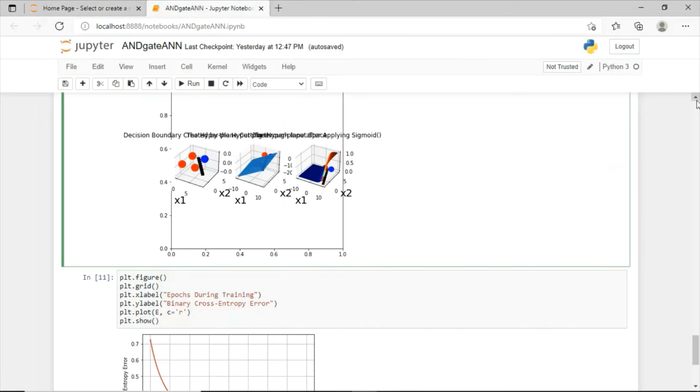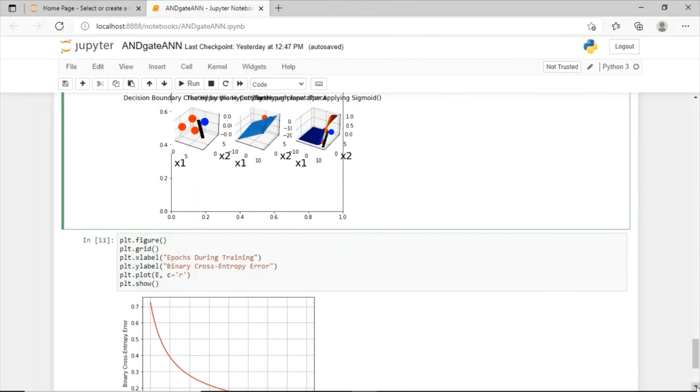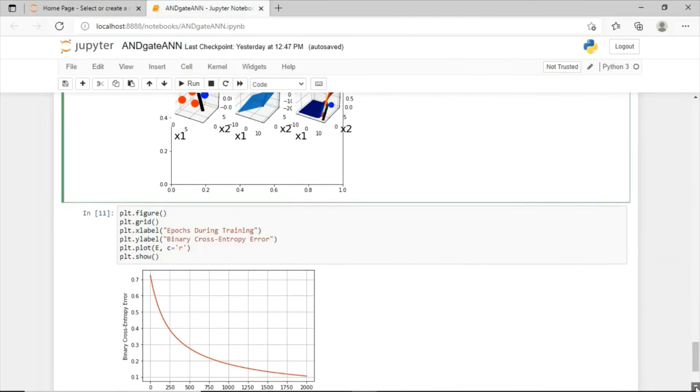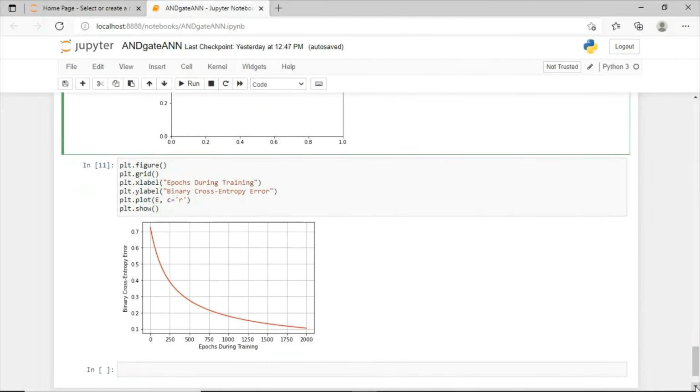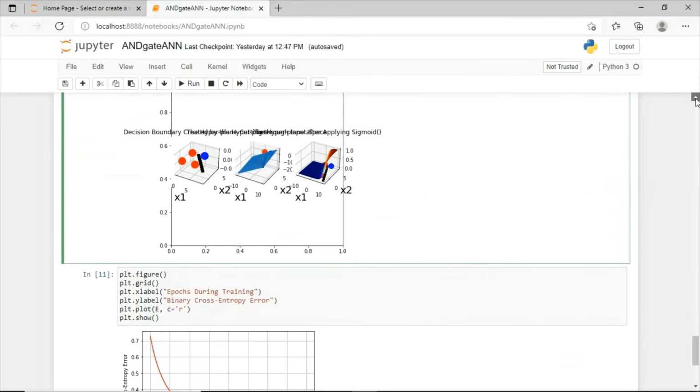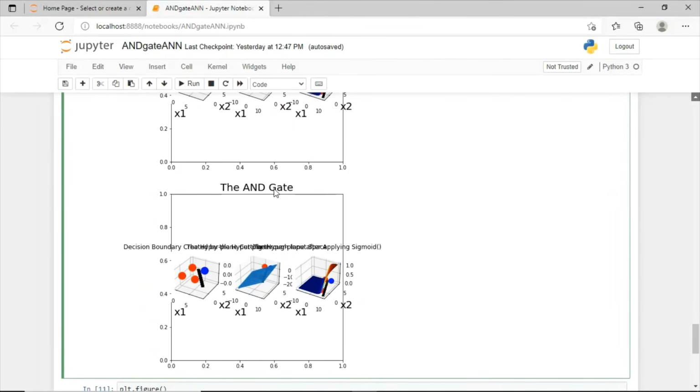So basically my point is, whenever we are dealing with real life data, we have no idea what kind of decision boundary we should use. But one idea we will have is that it should not be a linear decision boundary. It will be a plane. So it is better you use this one or this one. It is up to you. And try to understand, to find out the outcome is also important. So these are the outputs generated after 500 epochs.